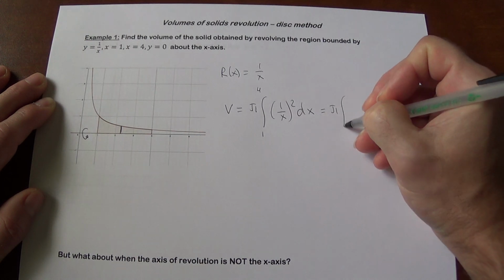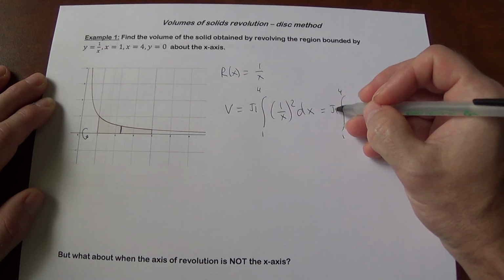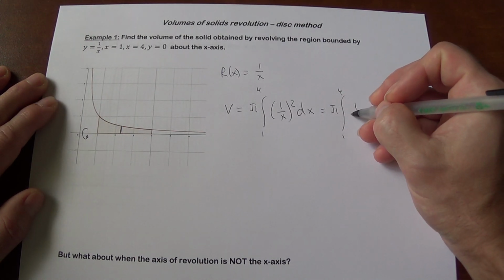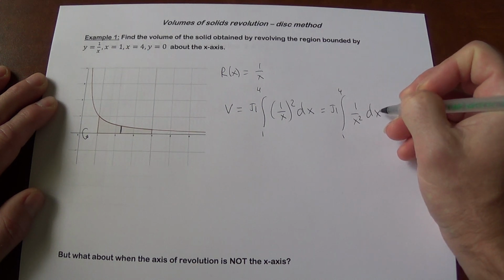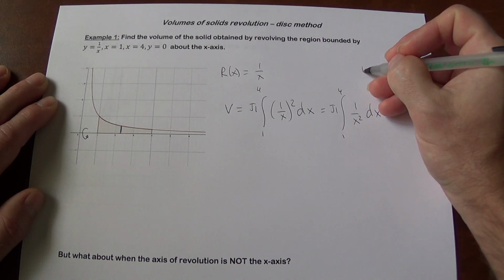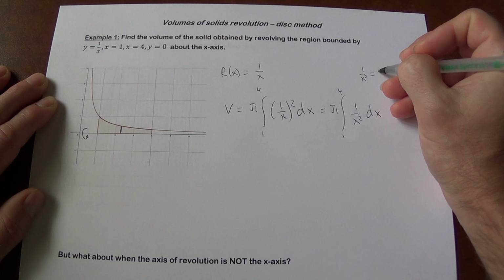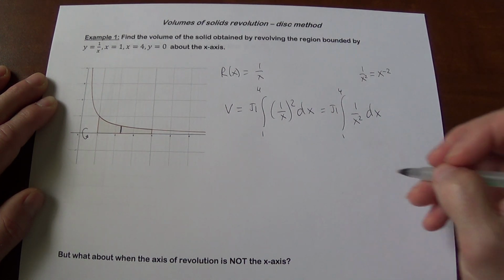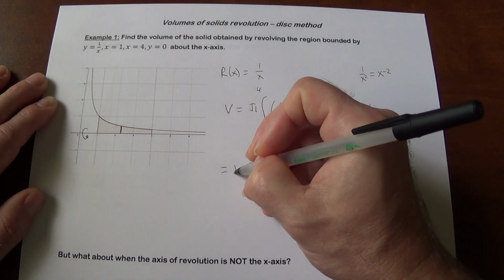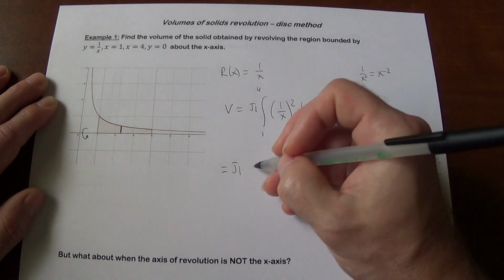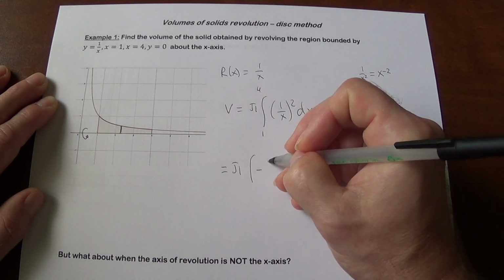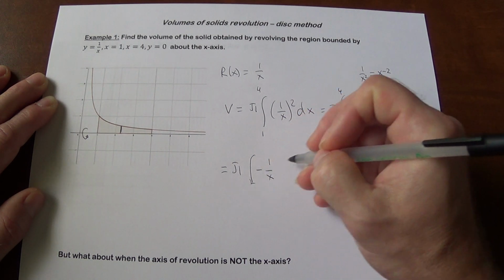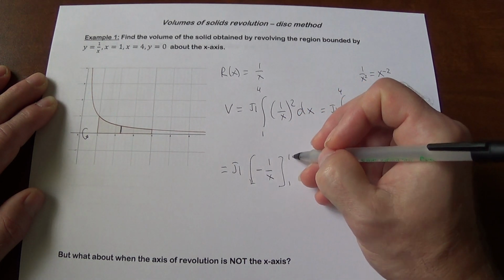That's going to become pi times the integral from 1 to 4, 1 over x squared dx. To help you integrate this, 1 over x squared is actually x to the negative second power. So then when you continue this, the antiderivative here is going to be negative 1 over x, going from 1 to 4,